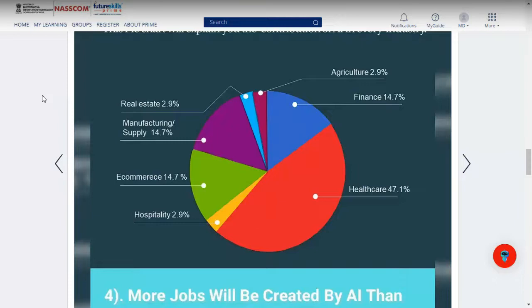In e-commerce, you already know when you purchase something from maybe Amazon or Flipkart, it will be able to tell you that you purchased such and such items, so purchase this item also, it will look good. Suppose you purchase shoes, then it will show you socks, or if you purchase shirts, it will show you pants. If you purchased a tiffin box, it will show you water bottles. That is how it will work in e-commerce.